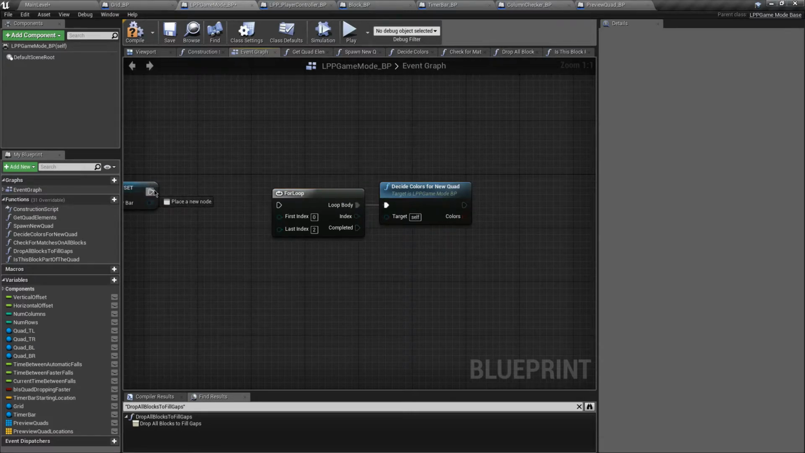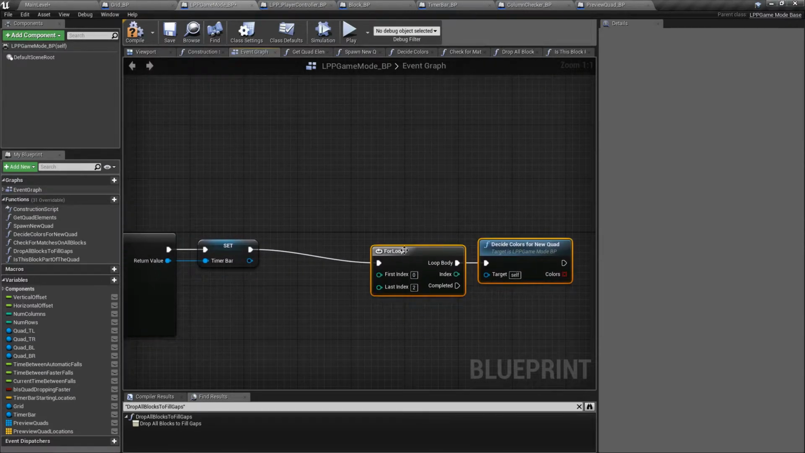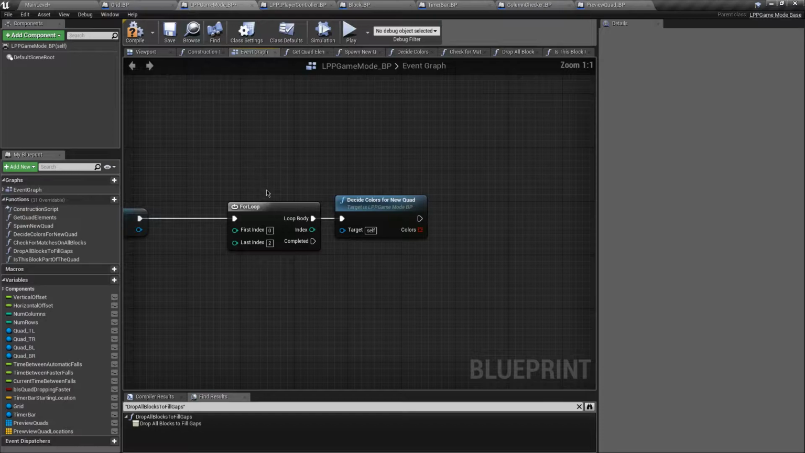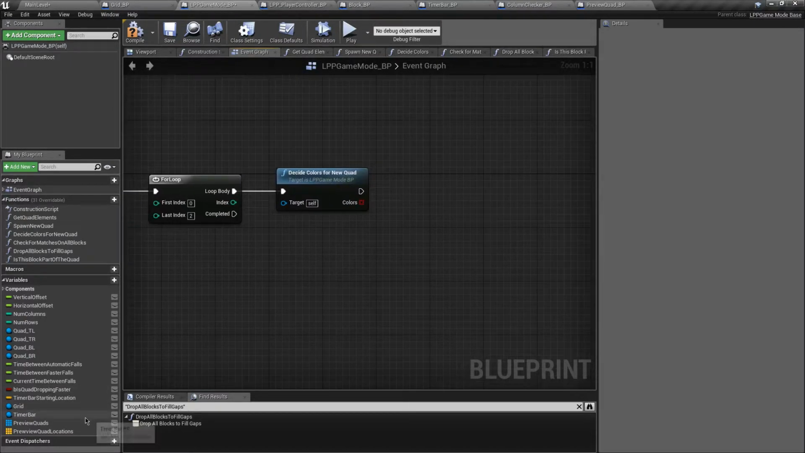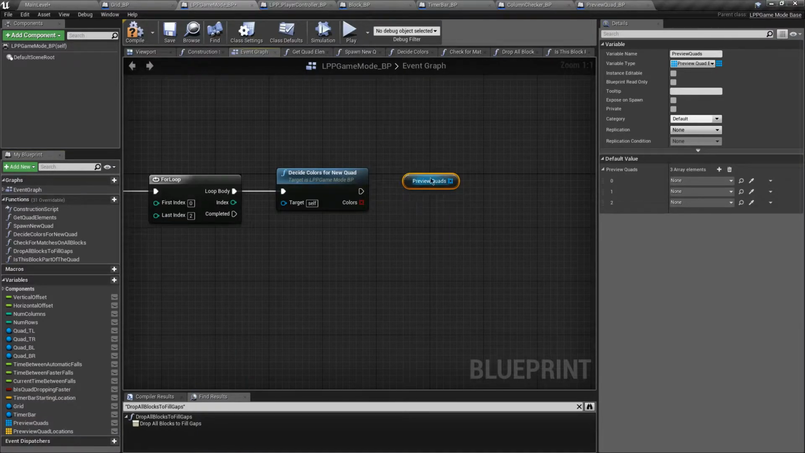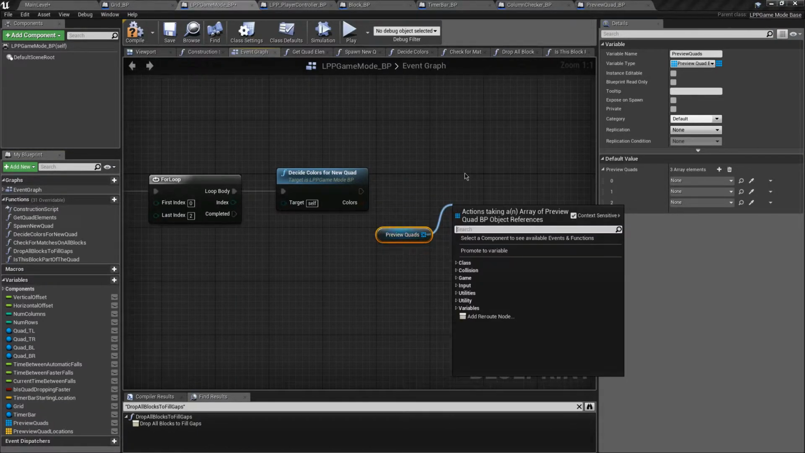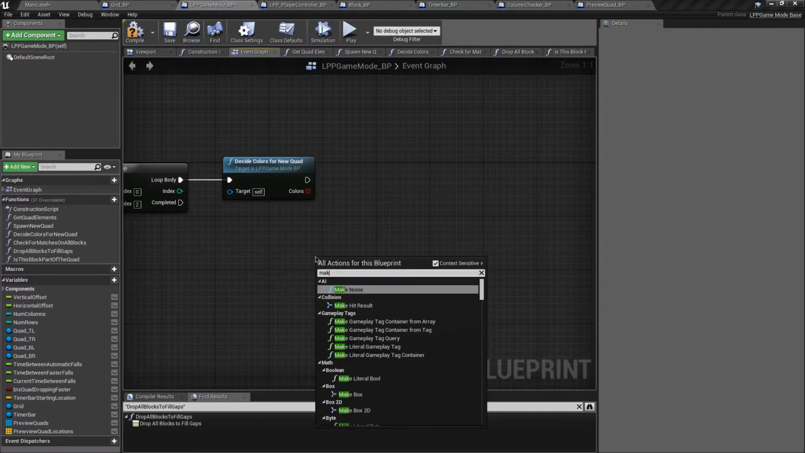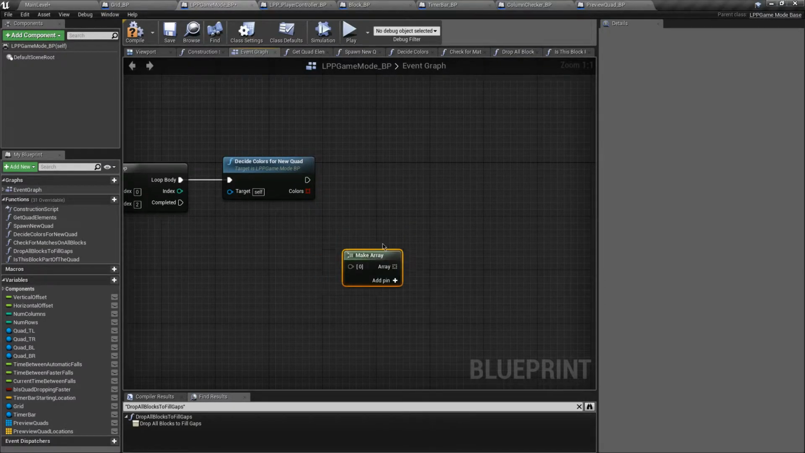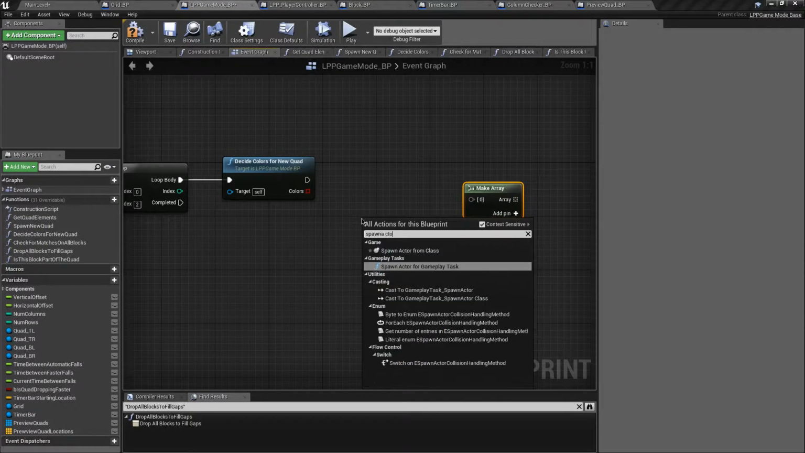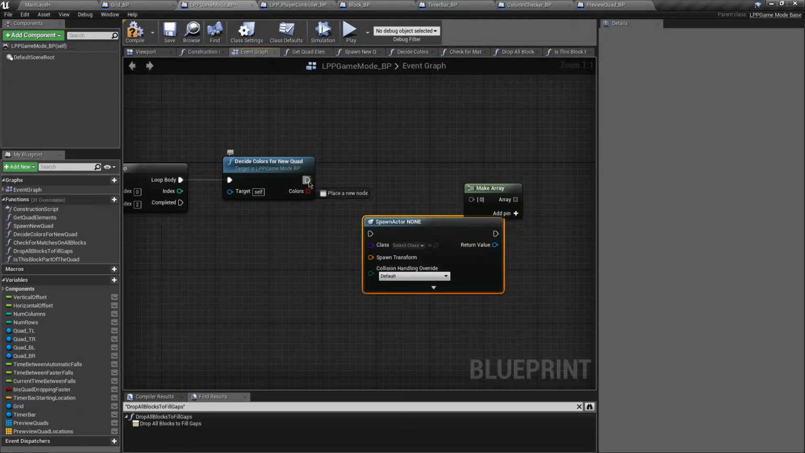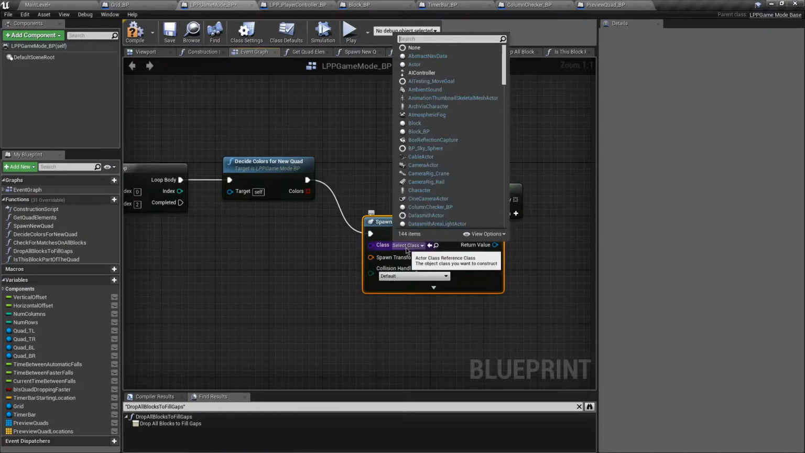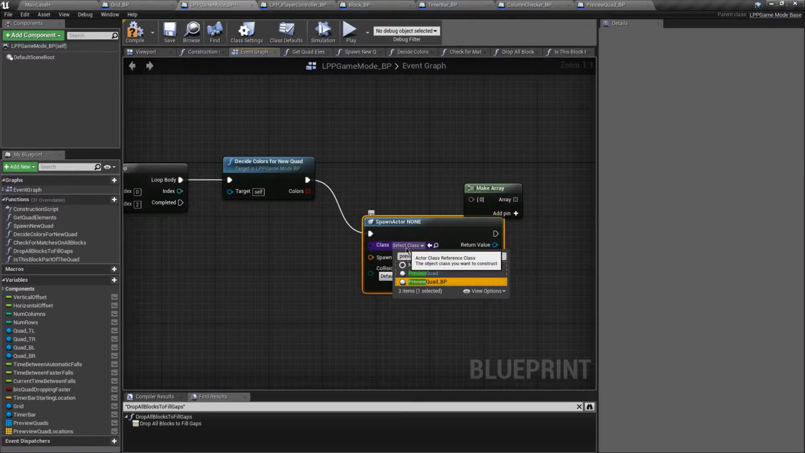Now this is the initial setup. We won't do this more than once, only at the very beginning of play. And then we're going to set the element at this index, or maybe even simpler, we can just make array, and we'll spawn actor from class, preview quad BP,